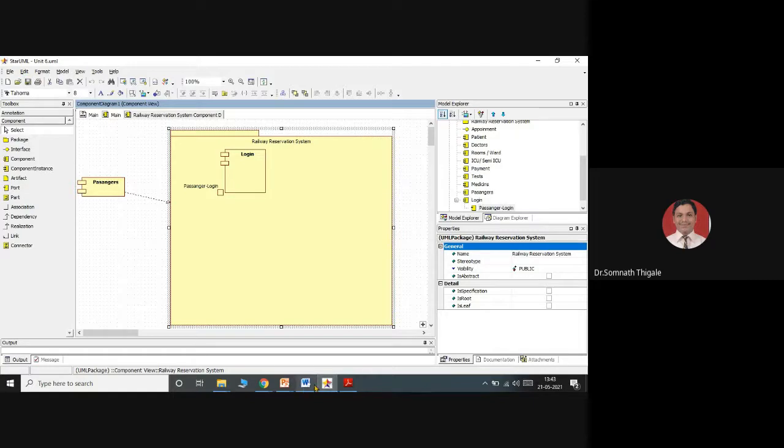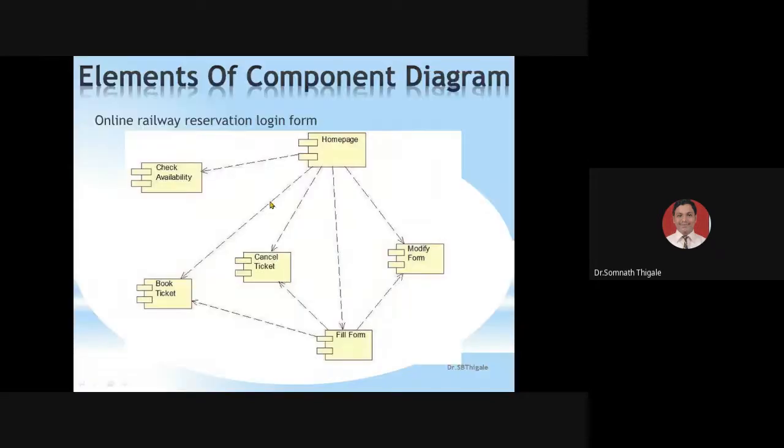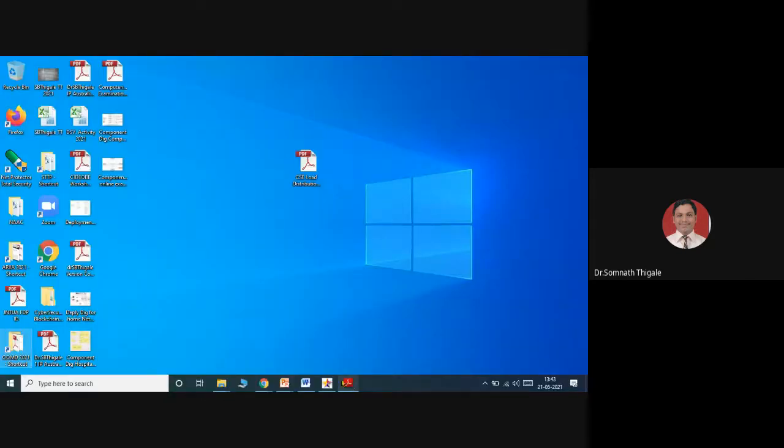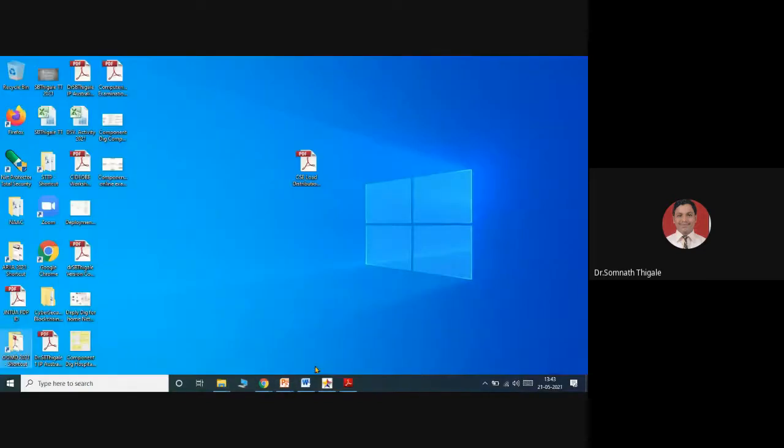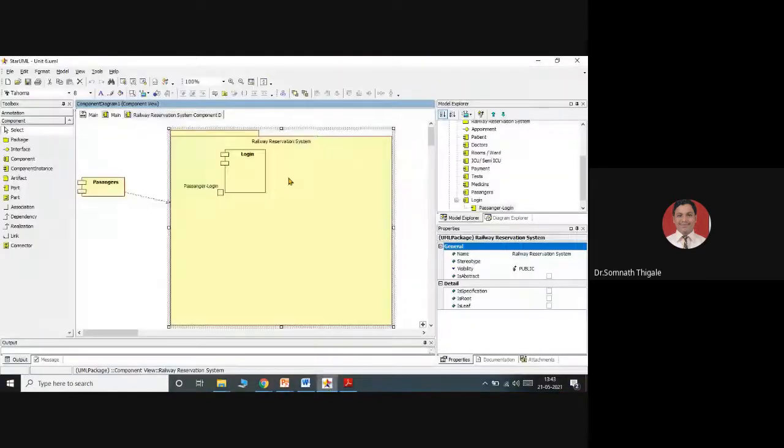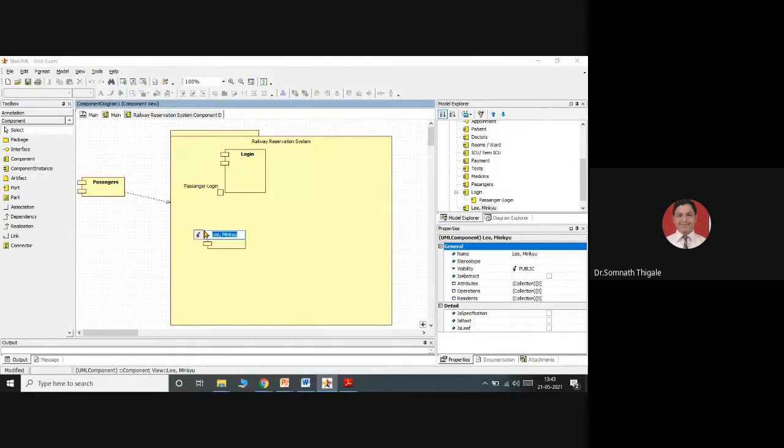After login, see here. After login, they can perform check availability. So after login, if the login is successful, I'll go for a new component. That new component is the one which will be helping us. So I can consider this simply as check availability.